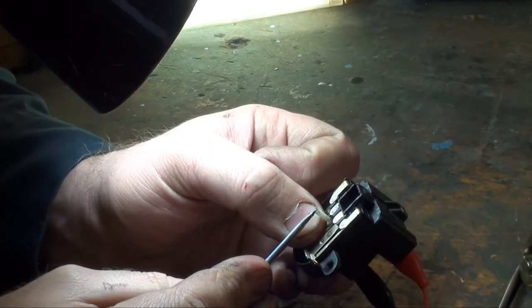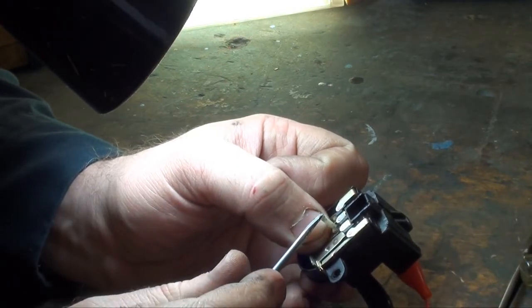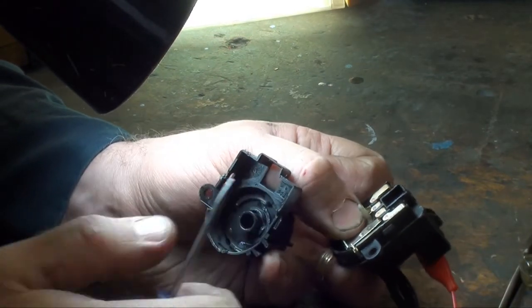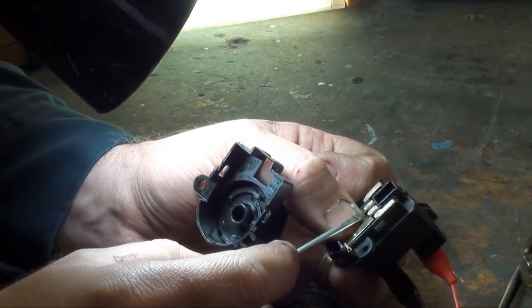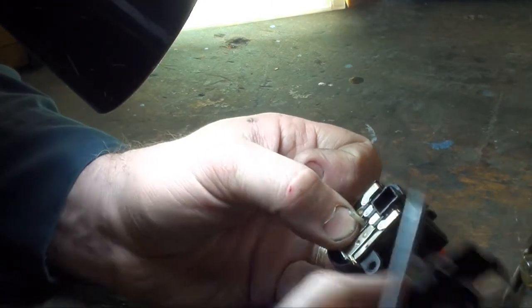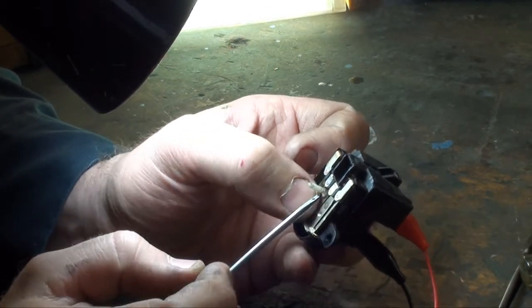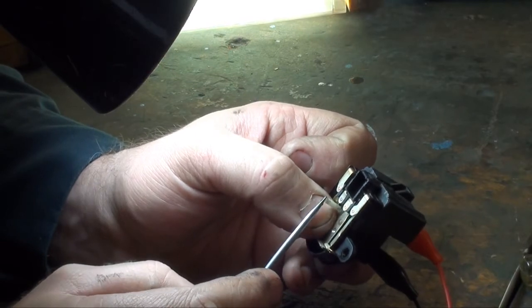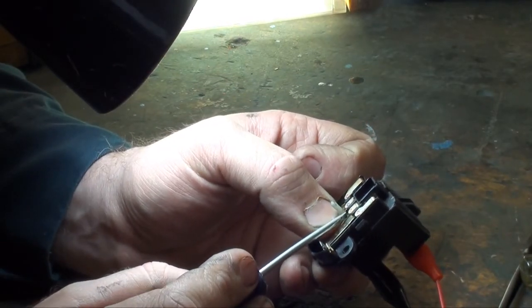When this portion would go to the start, it would ramp off one of these ramps, whatever one might be for that one, and simply close those contacts. So we know there's nothing wrong with the contacts in this switch. It's simply this plastic melted down on that contact